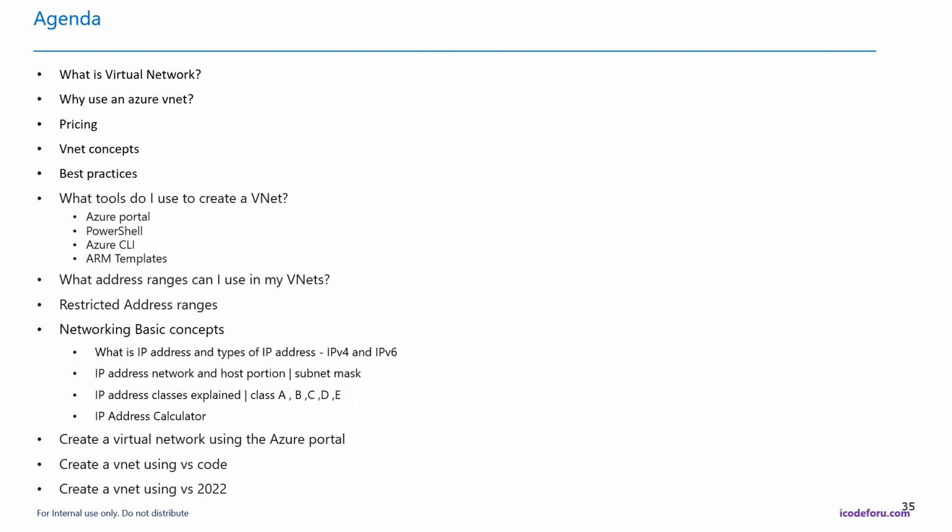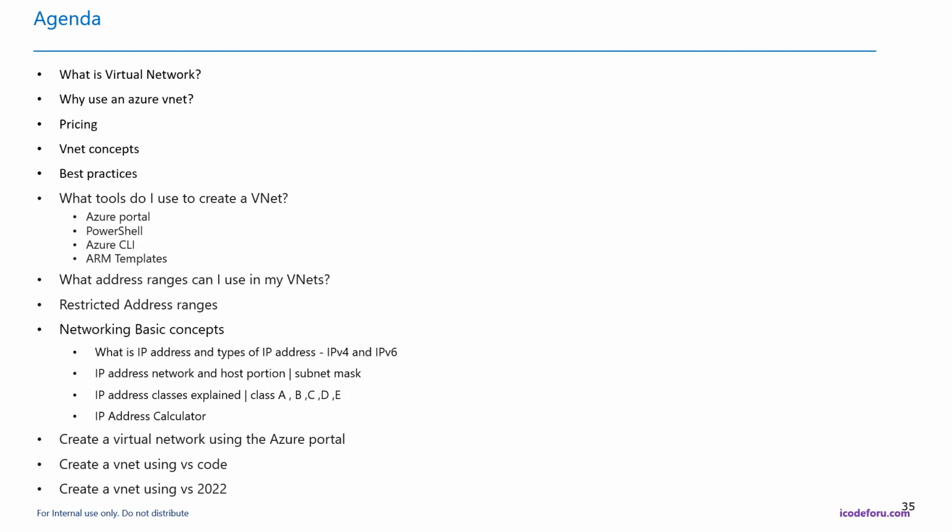So the recommended way is using the PowerShell scripts or the ARM templates and automating through the Azure CI/CD. And also you can use the Azure CLI, which is on the Azure portal itself, to create the virtual network. So for the enterprise level, I would recommend using either PowerShell scripts or the ARM templates, putting them in the Git repo and creating the CI/CD pipeline, which creates the virtual network. So that is what we are going to discuss as part of the exercise.